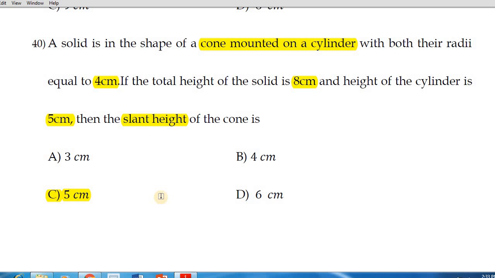Dear students, I hope you have got the answers of this question paper. So you sit and practice answers for these questions if you have not got them. So I am here to help you. If you have not got any question's answer while solving, if you face any difficulties, definitely I'll help.